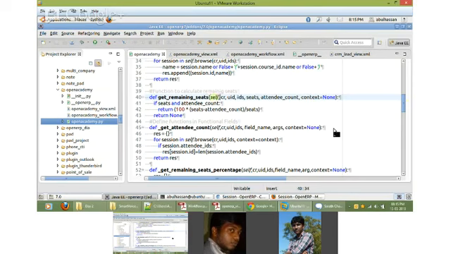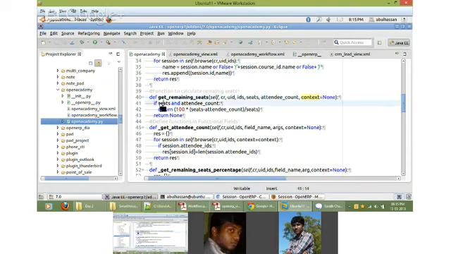CR actually denotes the current record. UID is the current user ID, and IDs is nothing but the current reference ID that is being passed. Say for example, in this particular case, the ID will be the current session ID, session.id. So these four values are always passed. These are the other two arguments, and context we'll be seeing later.